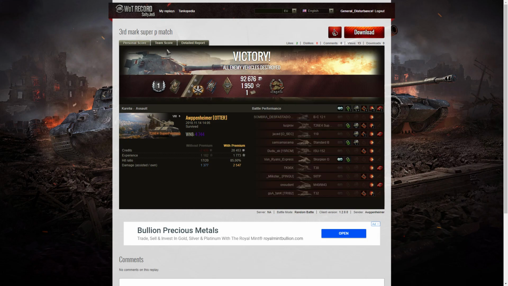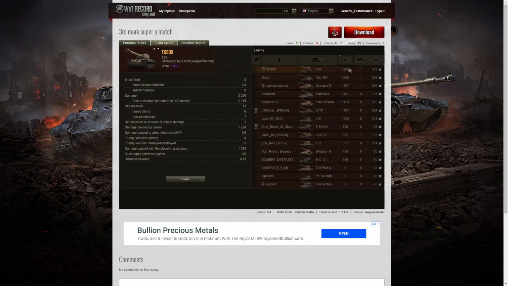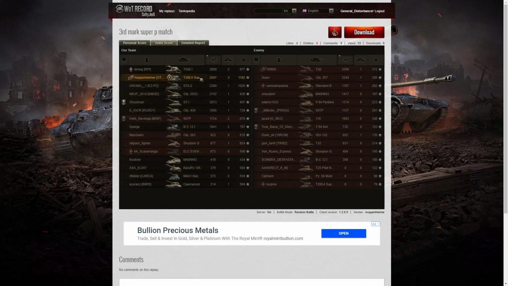So let's have a look at the team score. Well, there you go. It wasn't the highest damage. That went to the T54E1, even though he didn't actually get... Oh, no, he didn't. It was the highest damage on his team. The high damage actually went to the T30. He had 3,299 hit points of damage, but he didn't get the high caliber for some reason. He probably didn't get 20% of the enemy hit points. But, of course, he was taken out by Awppenheimer in that game. And the T54E1 managed to get 2,869, and Awppenheimer managed